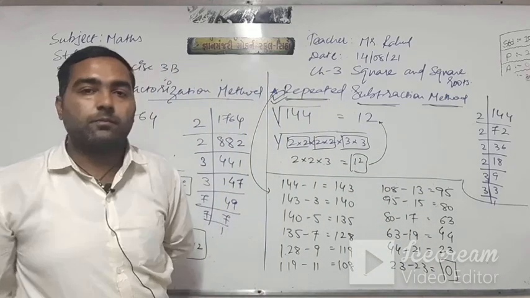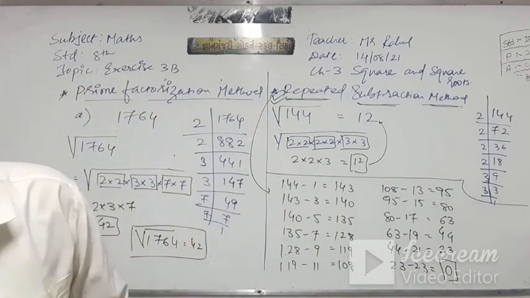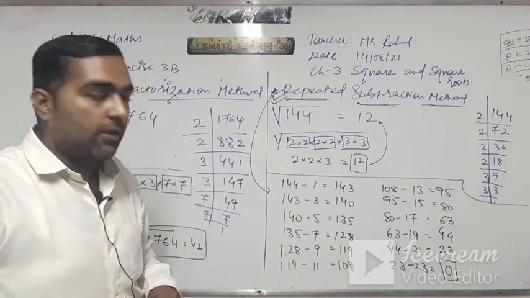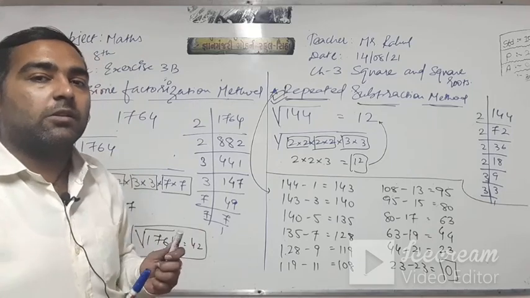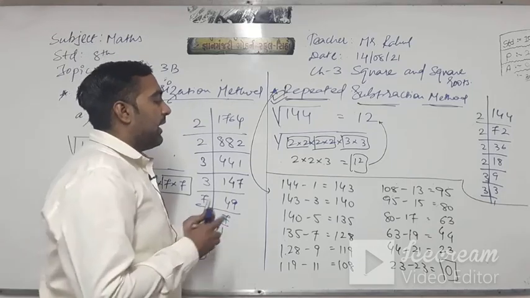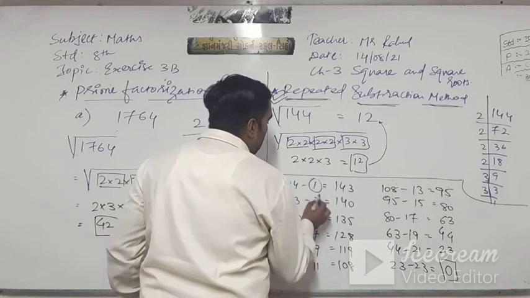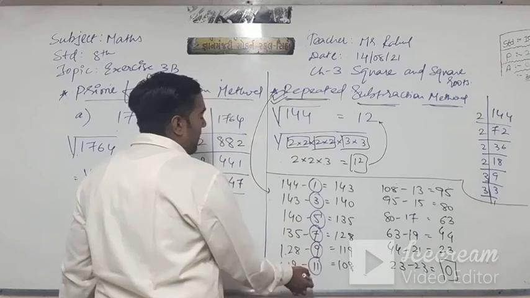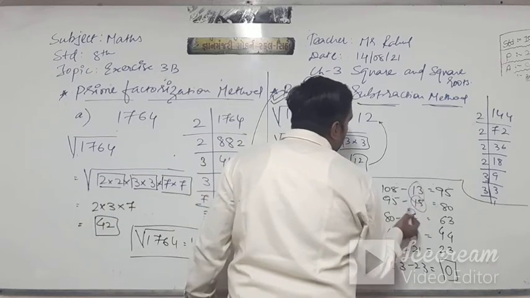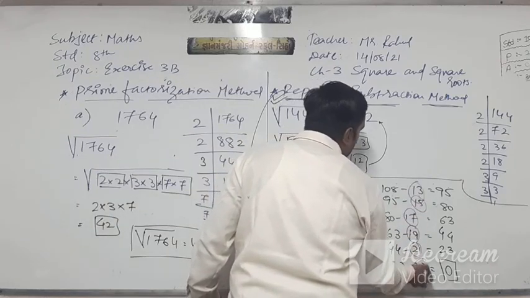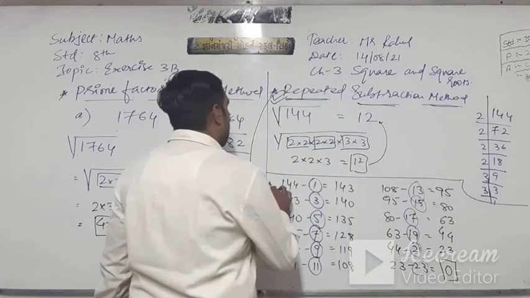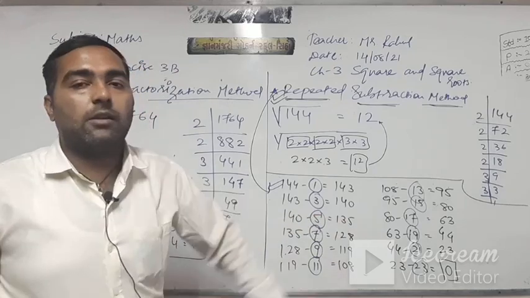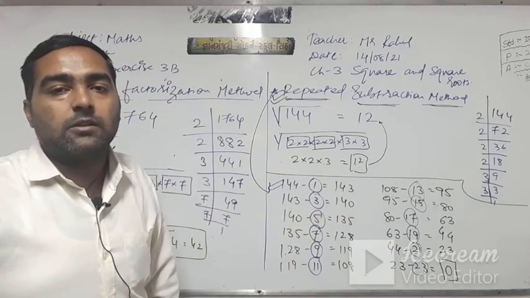Here see, when I take the repeated subtraction method, the answer comes out equal to 0. In the repeated subtraction method, I subtract all the odd numbers consecutively from 1: 1, 3, 5, 7, 9, 11, 13, 15, 17, 19, 21 and 23 from the given number, right? So at the end, my answer is taken as 0.